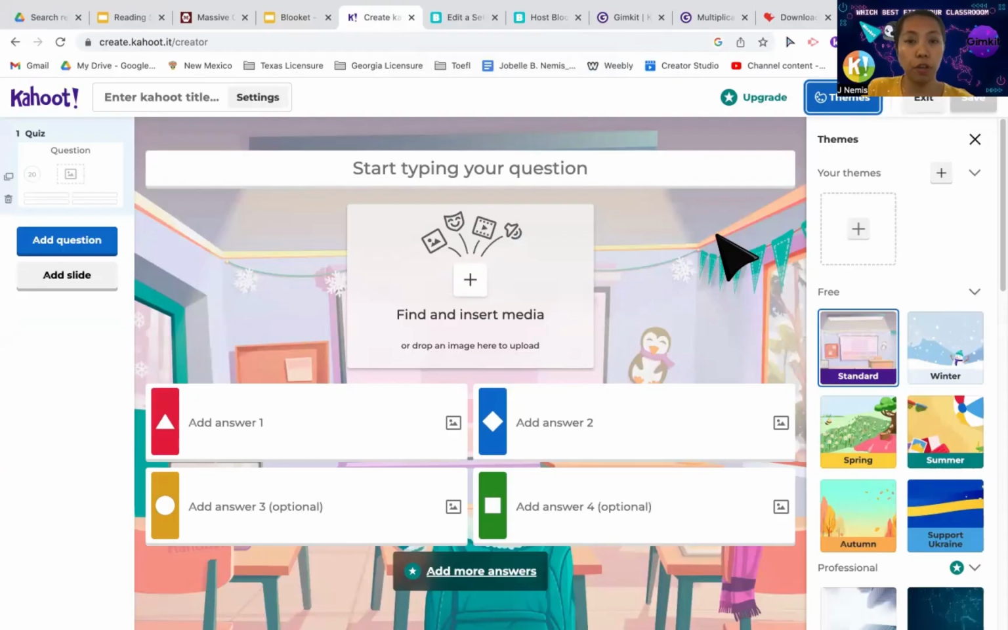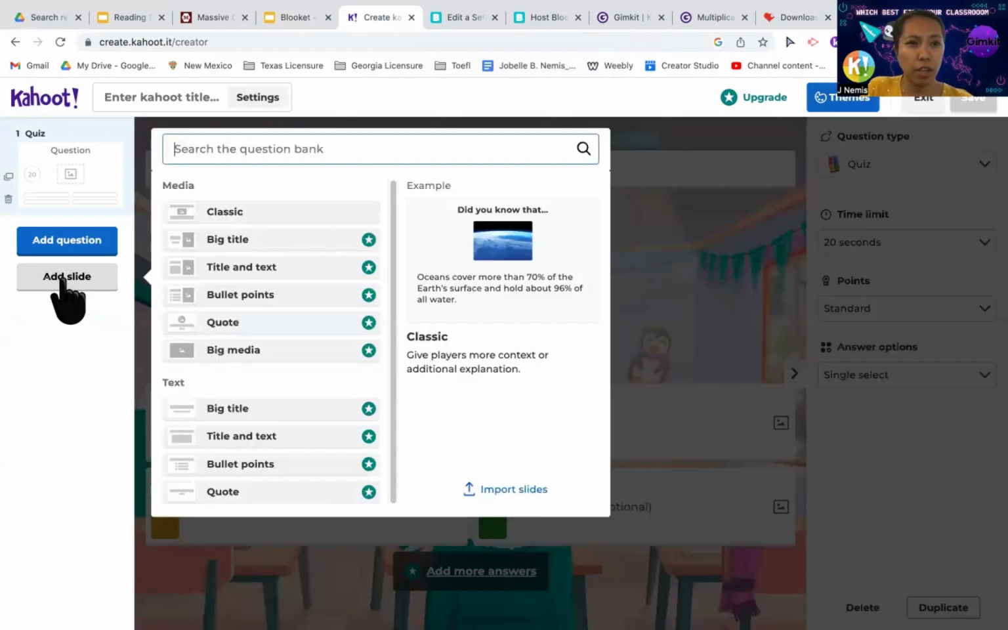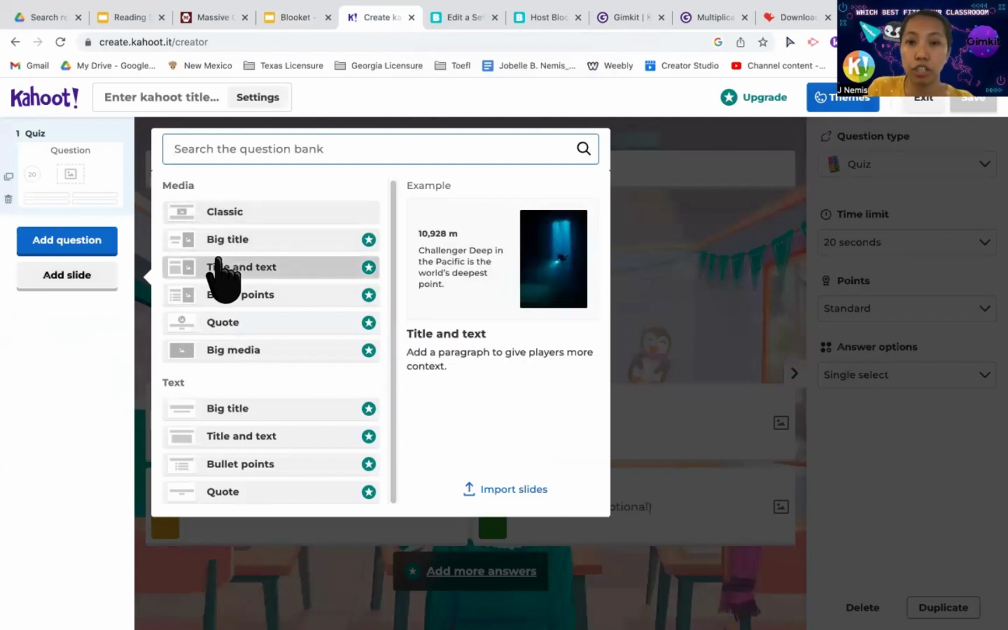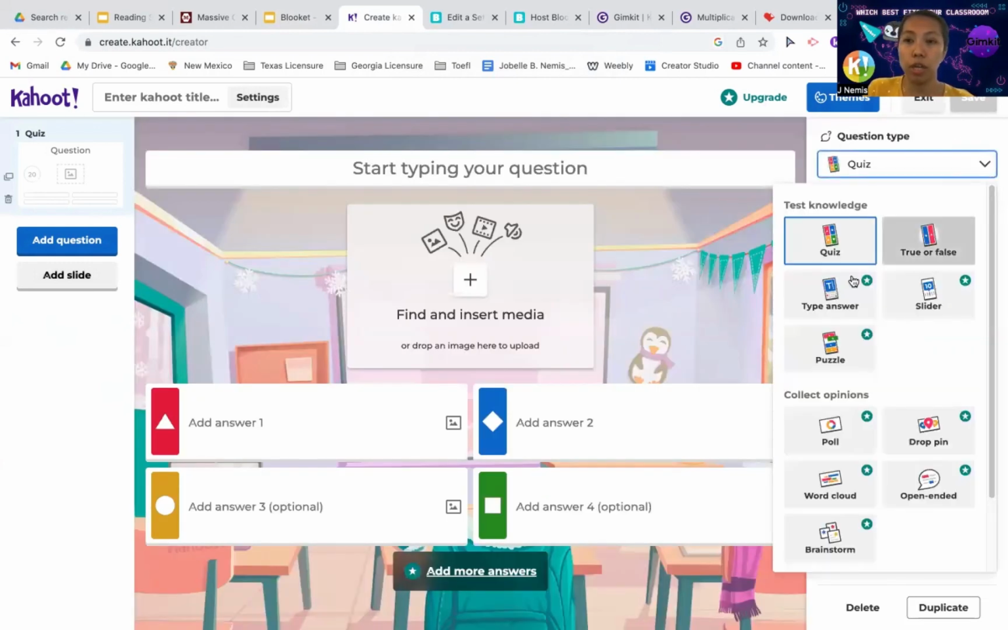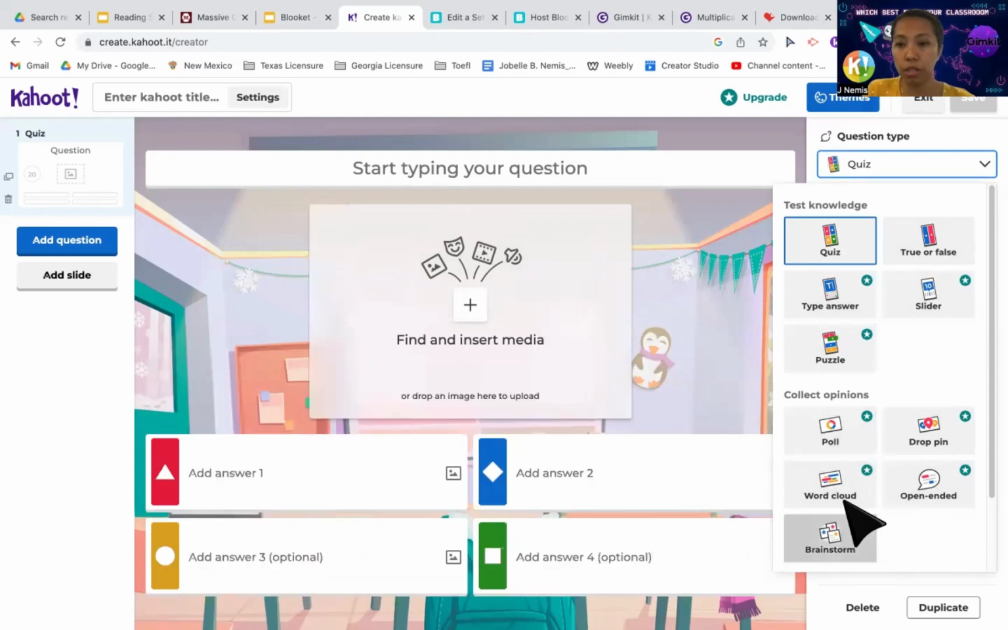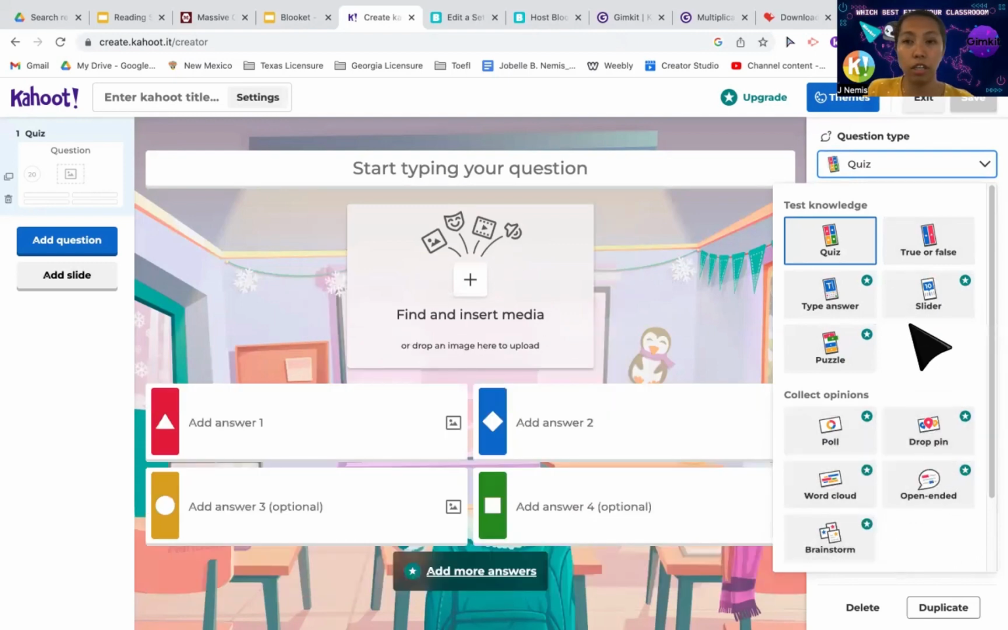So, okay, here's Kahoot. As you can see, there is a slide here where you can actually insert a slide for a teaching moment after every question. So add a question and then add a slide if you want to teach further the answers to that question. So that's a good point for Kahoot. Now, for the question type, you can choose whether it's a quiz, true or false, they can type their answer, or a puzzle. You can also choose if it's a poll, a word cloud, drop pin, and there are a lot of question